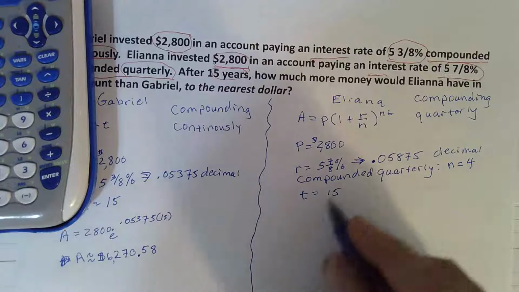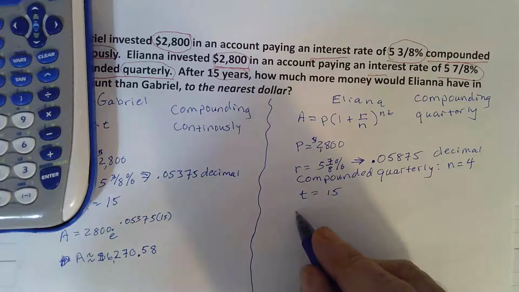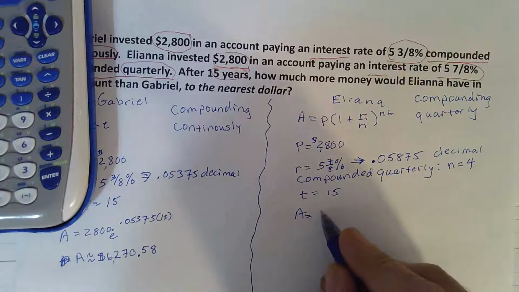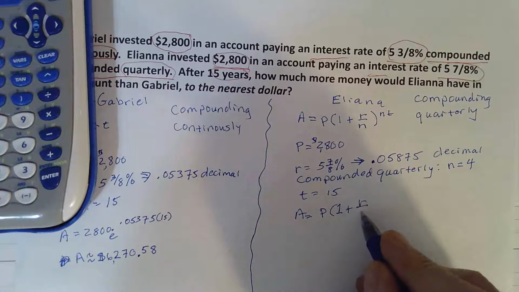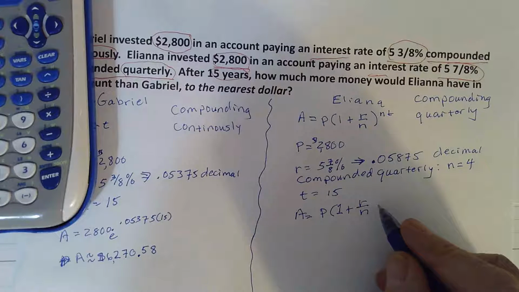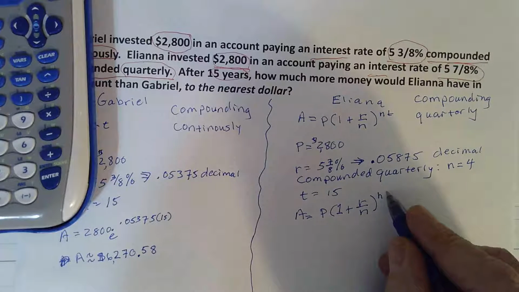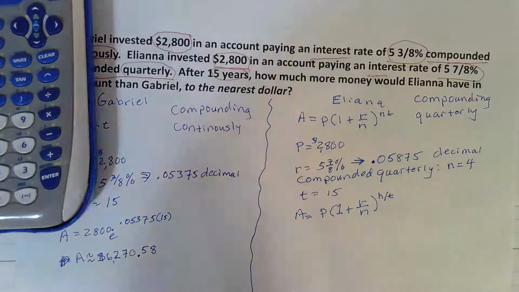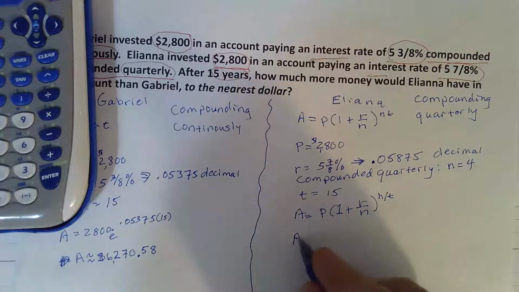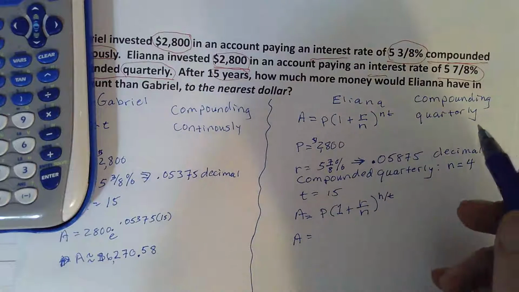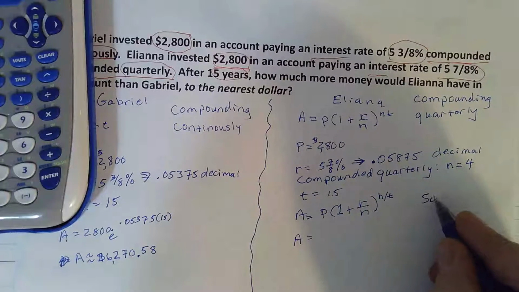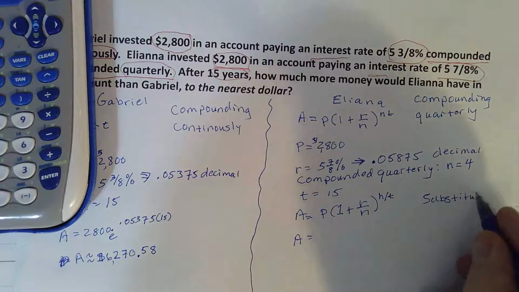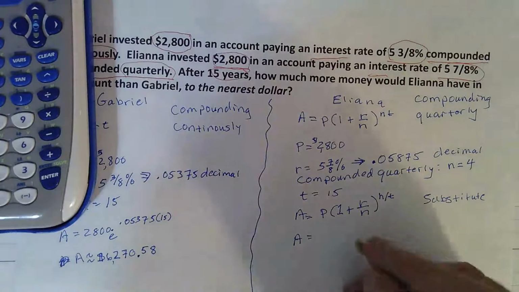All right, so the formula, we wrote it up above, but I'm going to rewrite it down here again. So A equals P times 1 plus R over N, rate over the number of compounding times, to the N times T, N multiplied by T. So A equals, the beginning amount, principal, is 2,800. So I'm substituting now. So P is 2,800,